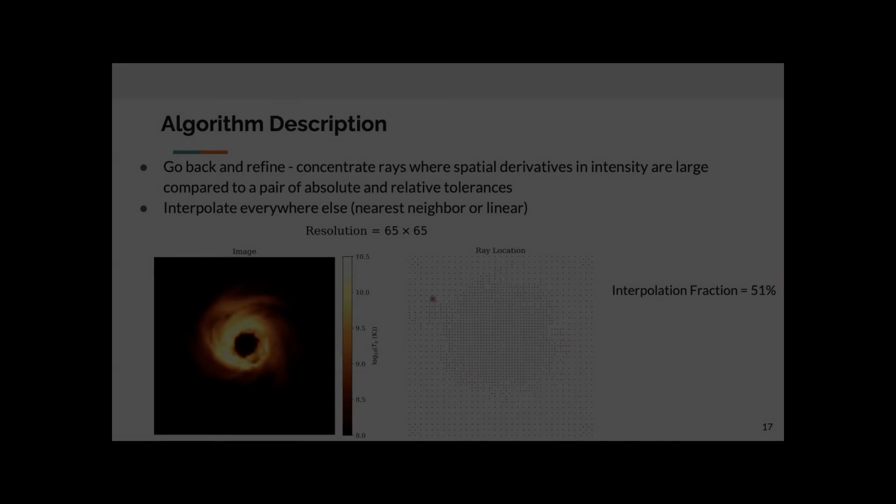So now kicking up the resolution by a factor of 2, we're concentrating rays towards the center of the image where we know the photon ring and turbulent accretion flow are believed to live. So we concentrate rays here, we keep rays sparse everywhere else. And so this leads the interpolation fraction to jump up now to over 50%. The process then repeats, now to 70%, the process then repeats again, until finally we achieve a very large, a comparatively